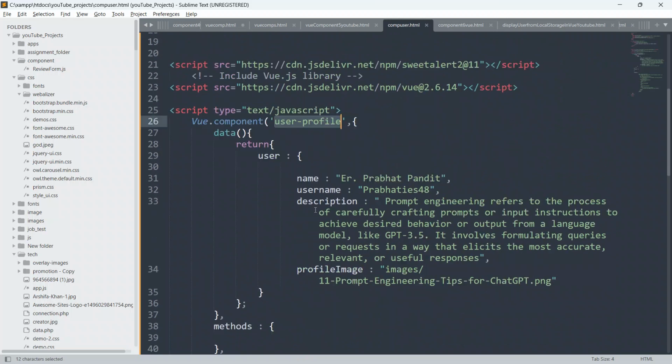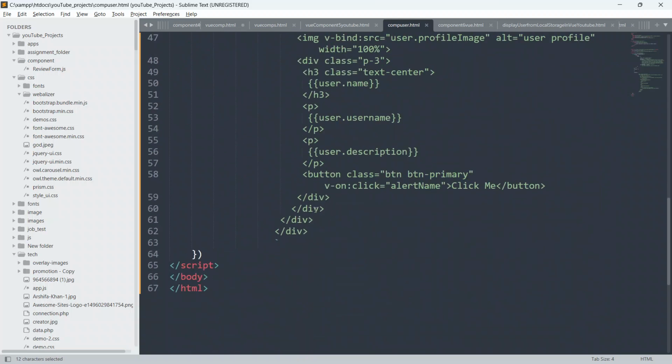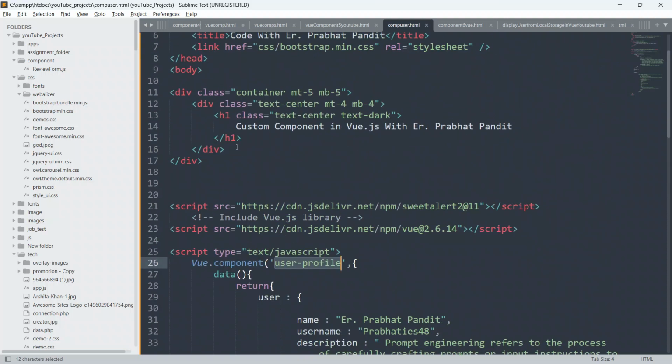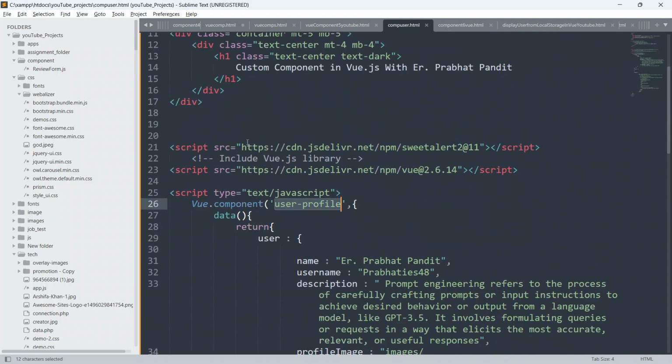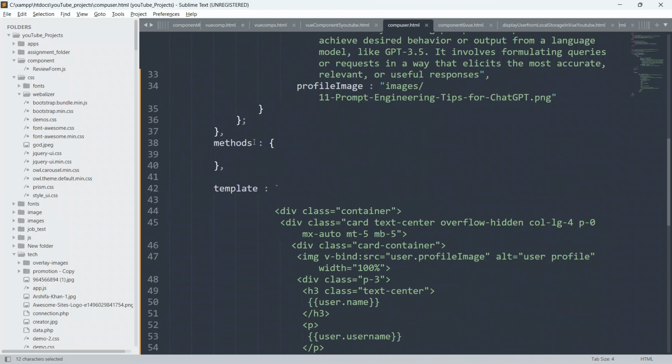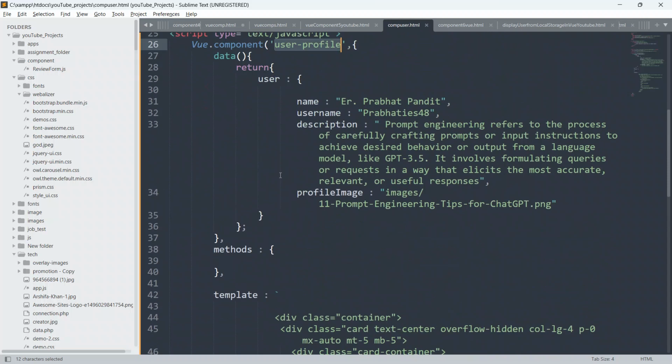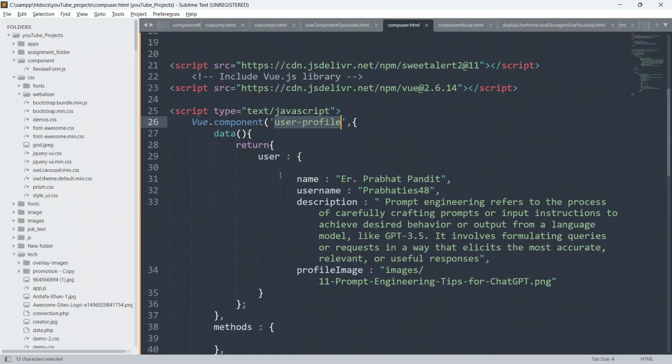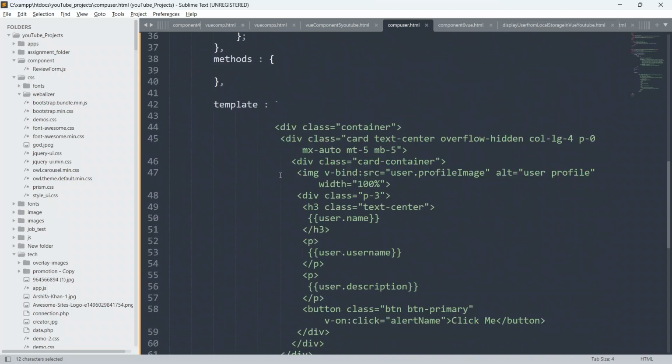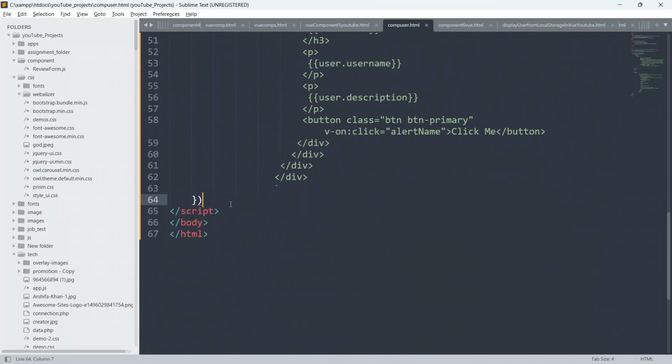So we have to bind this Vue.js code to our UI part also. In order to bind this Vue.js custom component to our UI, we have to create our Vue.js instance below this.